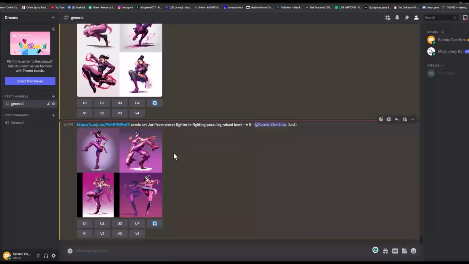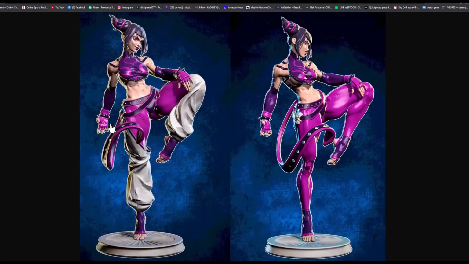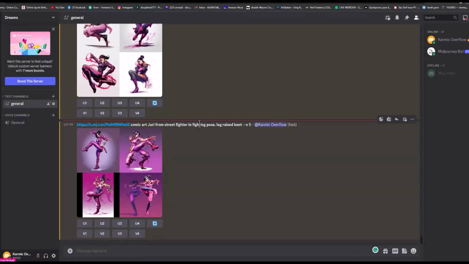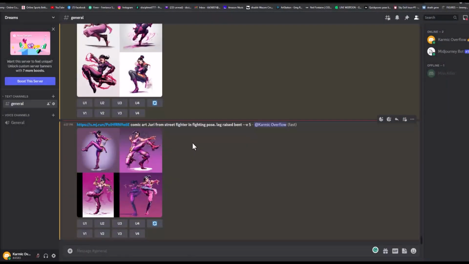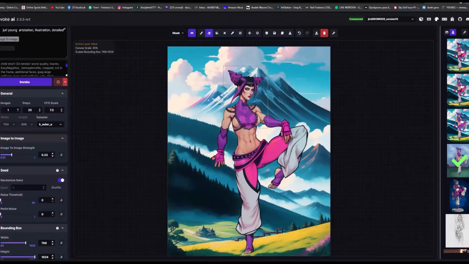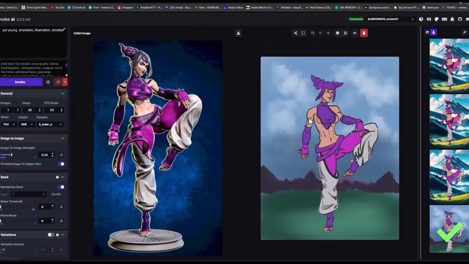So we take an image like this and we tell Midjourney, use that image and our prompt, and it still doesn't get us close. It's still not using her outfit, nothing like that. So then we're left with having to do some image to image stuff or even using ControlNet. But even then, you're not going to get to the exact result you want, because if you try to use this image and tell it to generate something, let's see here, let's go back to